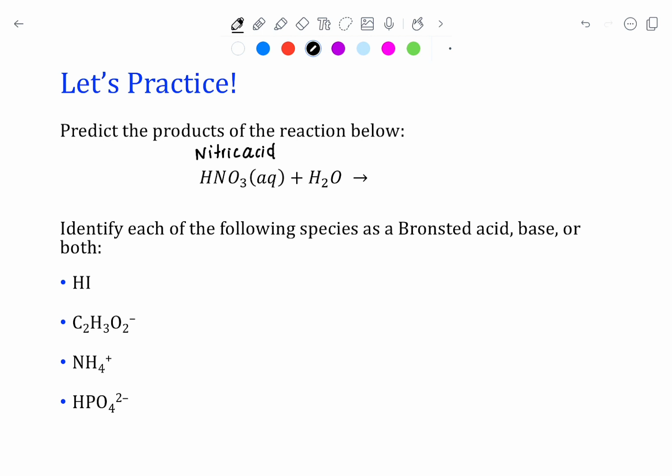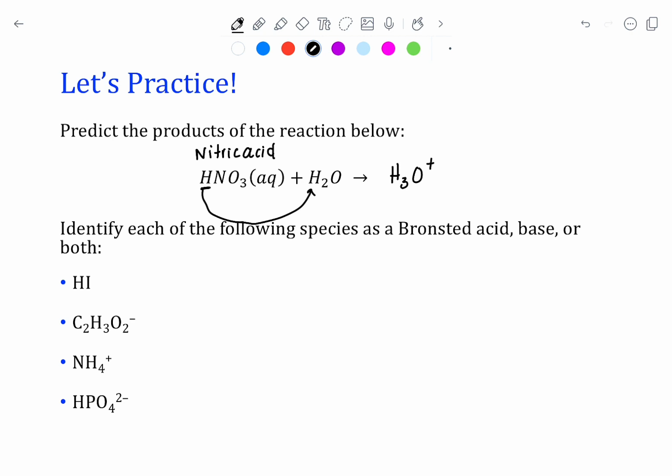Since HNO3 is an acid, based off of the definition of Bronsted acids and bases, it is going to donate a proton. That proton is going to be the hydrogen, so that hydrogen is going to be moved onto the water. When we add an additional proton onto water, that's when we get the hydronium ion,